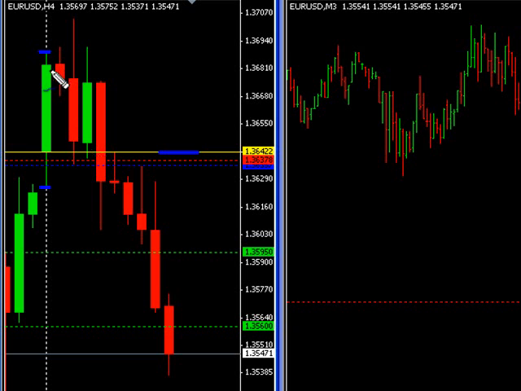Price triggered me long to start with, which was there. You can see it stopped out, and then I've managed to get a short trade on. You can see it's hit the first and second targets, and again trade managed overnight to just above that bar there. So it's nice that things are starting to happen and going in the right direction. I made some pips, so that's always nice to see. Quickly going through the